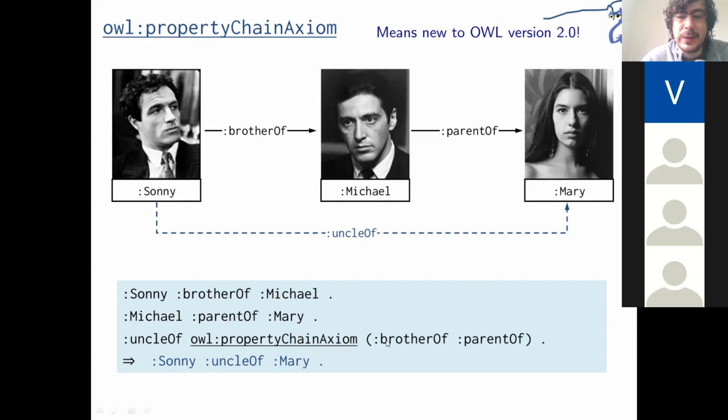So we can represent these OWL definitions as RDF and represent them as a graph, and we can embed them in RDF graphs. So essentially, it's like OWL is a set of terms that we can use to define the semantics of RDF graphs. So we could, for example, copy and paste this into the RDF playground system that we've been using, and it will display it as a graph. It's just now that that graph has some special meaning, which means that, for example, from this RDF graph here with this OWL definition, we could infer Sonny, uncle of Mary. So it will allow us in a very similar way to RDFS